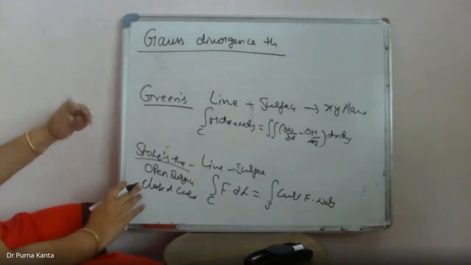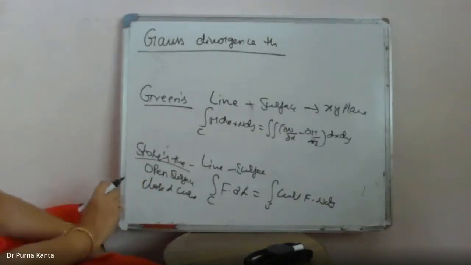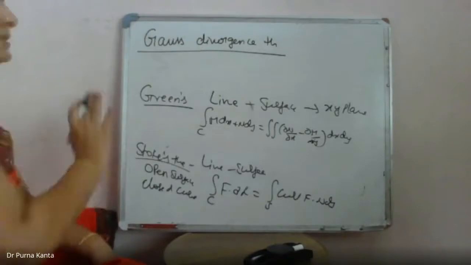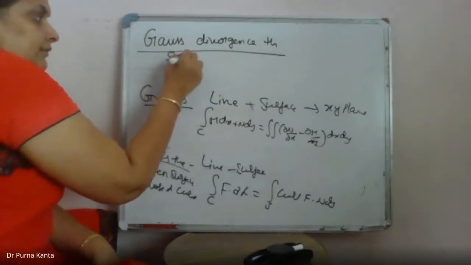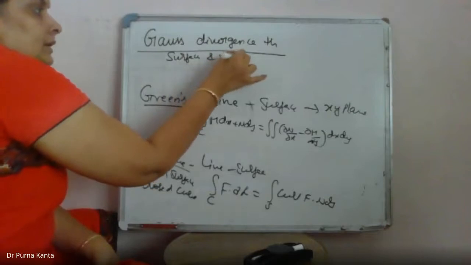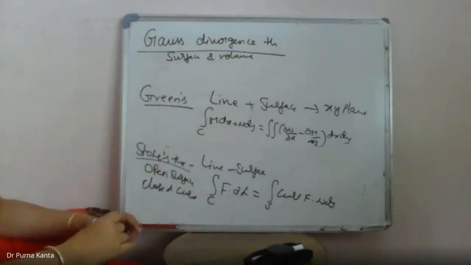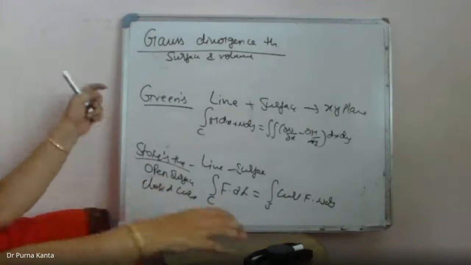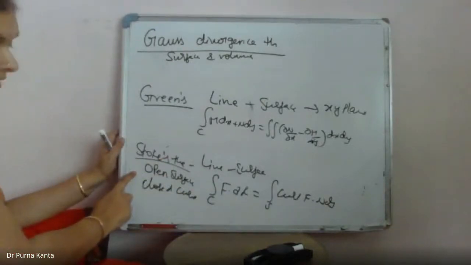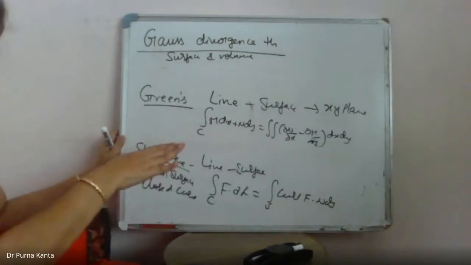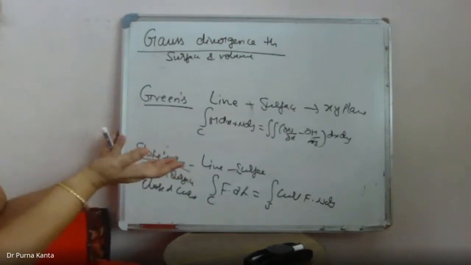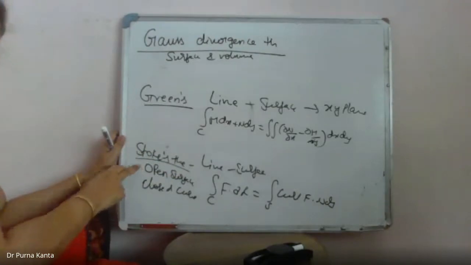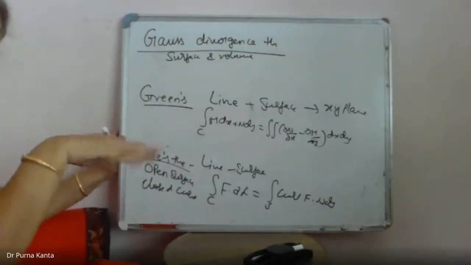Now we go with the third theorem, which is Gauss divergence. What does this theorem give? This theorem gives the relation between surface and volume, meaning a double integral and a triple integral. It gives a relation between a surface integral and a volume integral. For this, we need a surface. In the case of Stokes theorem, if you remember, we considered an open surface. Open surface means a box with an open lid, a box where the last part is removed. We have seen surfaces which are open at one part and closed at the remaining parts.